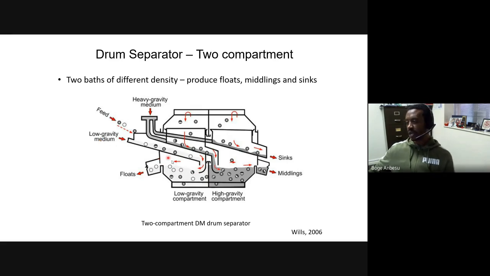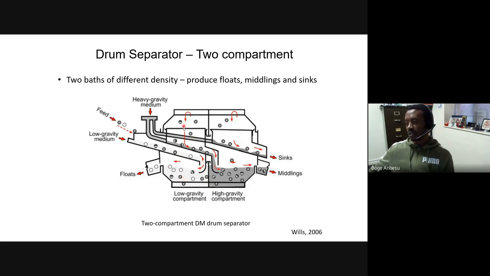Again, similar mechanism, the drum rotates in the first compartment. I don't know if you see it, but this is the line here showing the two different compartments. So this is the first compartment, and this is the second compartment. I hope that's clear for everyone to see. So particles are being fed. In the first compartment here, as you can see, it's called the low gravity compartment, where the media is low in specific gravity, which means